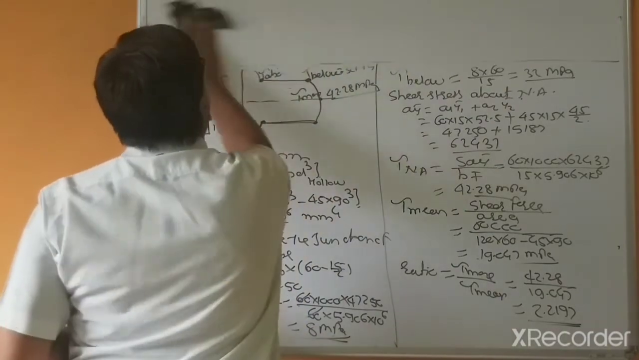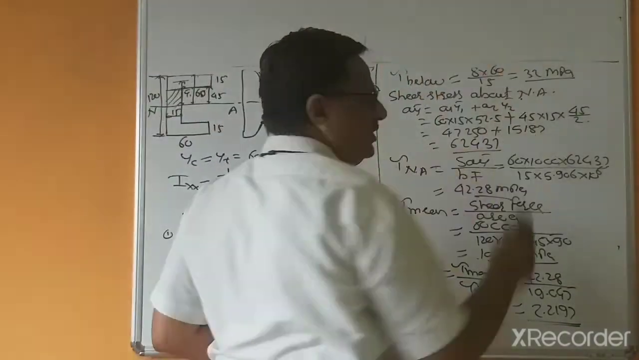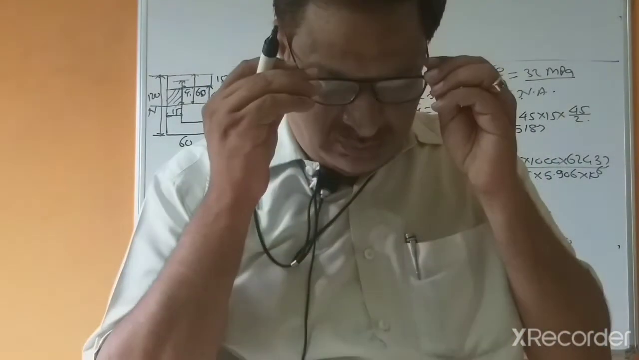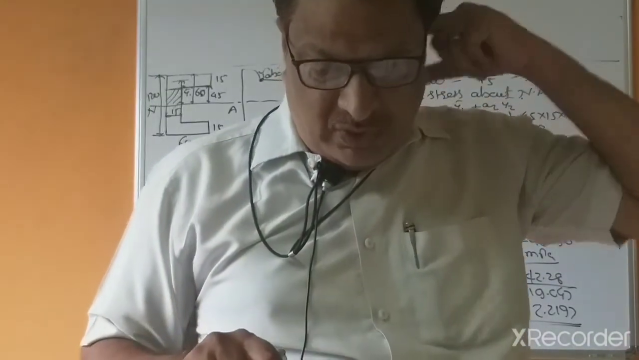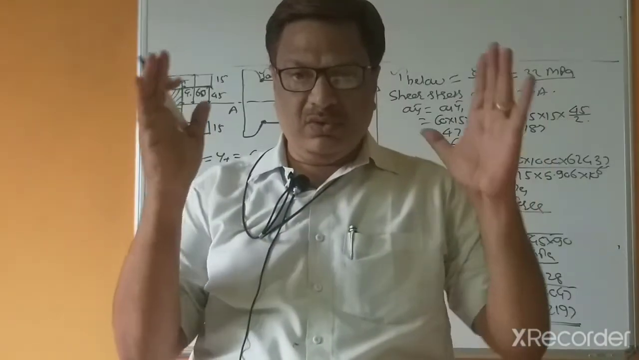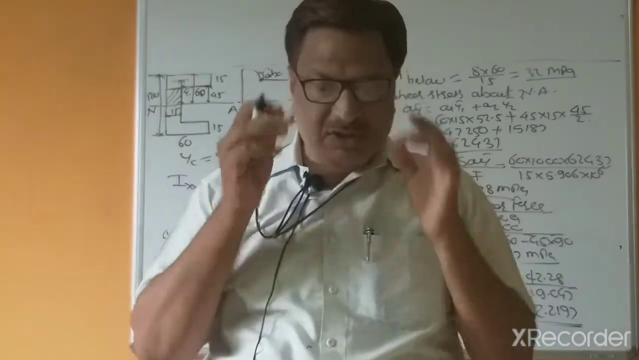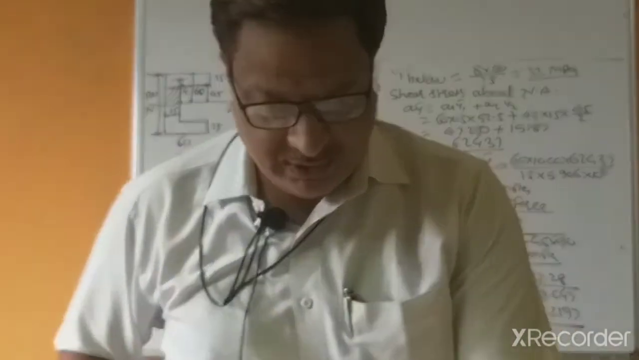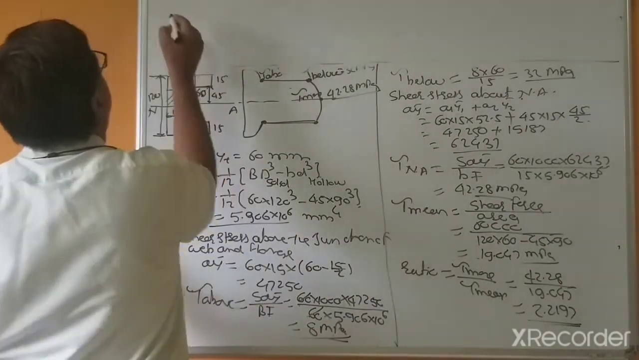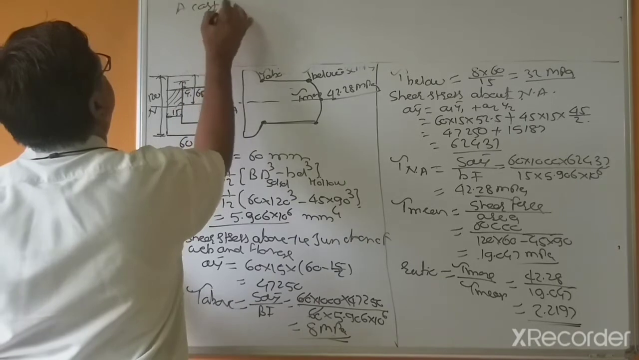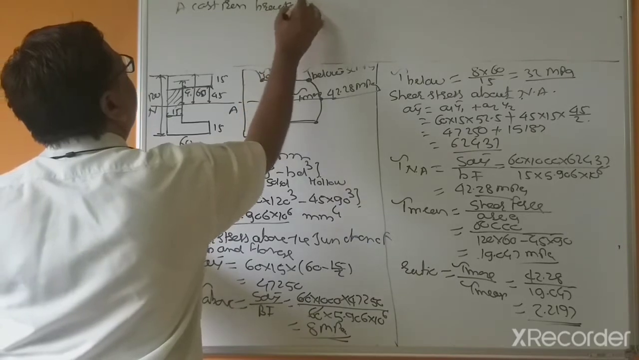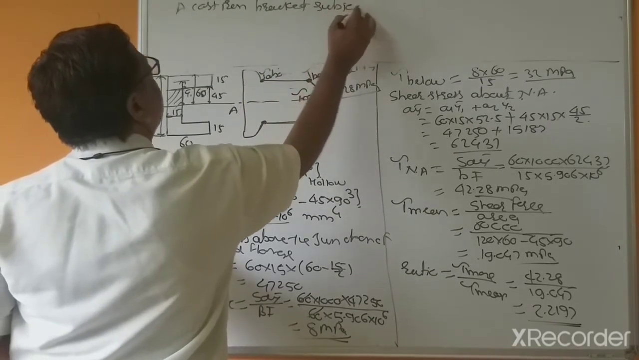Now the second problem is the unequal I section. So in an unequal I section, you cannot split it into a type of solid and hollow, so we have to calculate. A cast iron bracket subjected